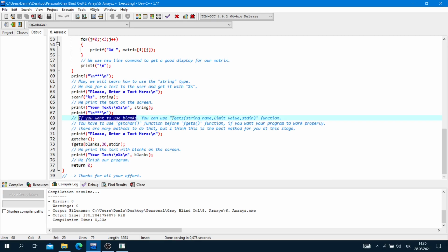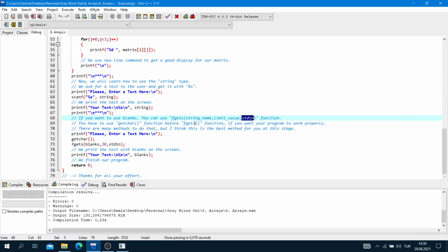How can we use it? fgets, brackets, the first argument for the string name, the second for the limit value, and the third for stdin. This is a fixed value.